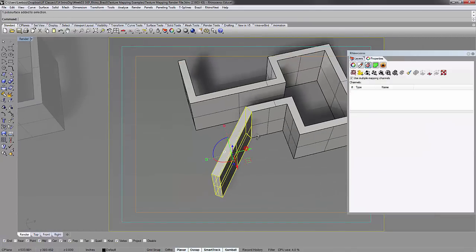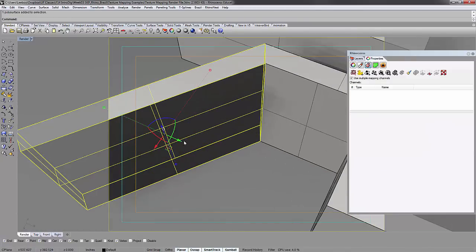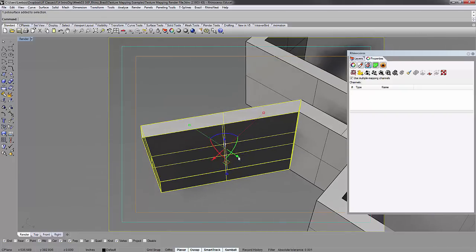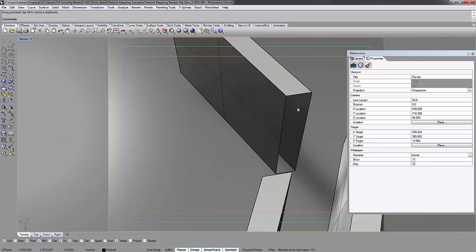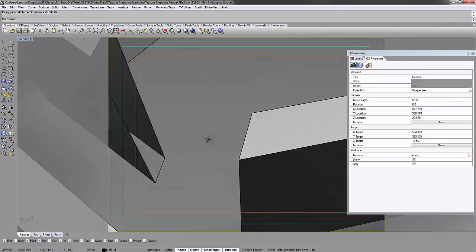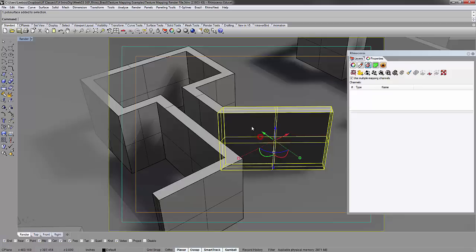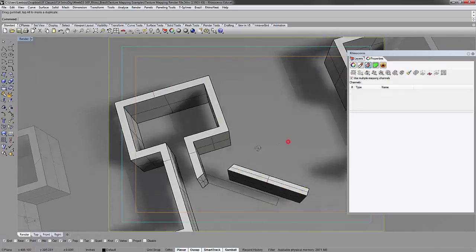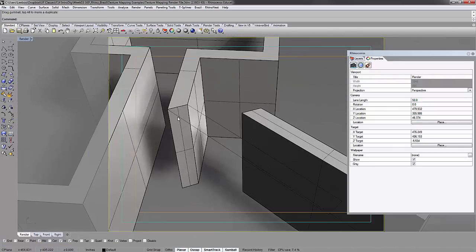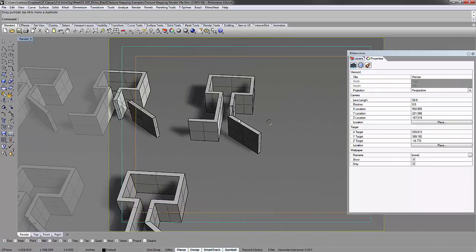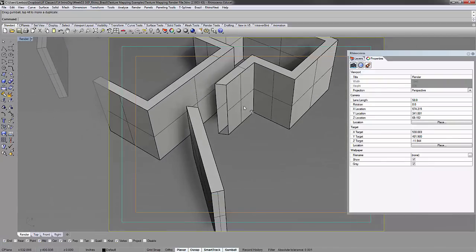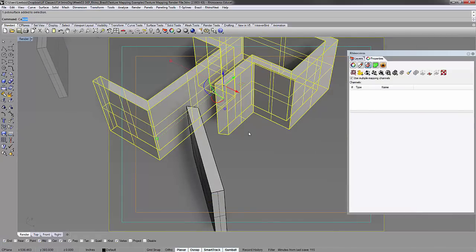Now the downside of this, well, I don't know if it's a downside, but it's just not as tidy as that. You'll have one of these sides open, right? Whereas in this version that we did, the ends are actually closed, but that's easily taken care of by selecting this and saying cap,